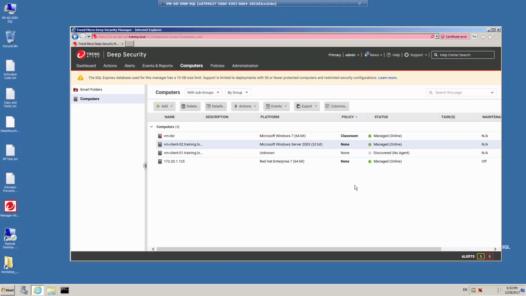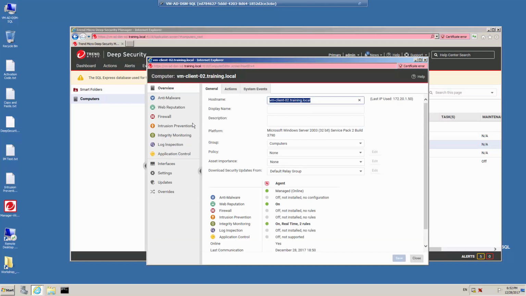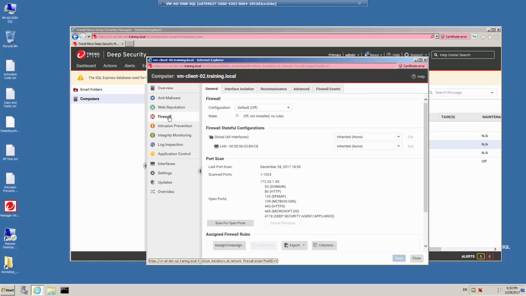This scan is complete. Let's double-click on the computer to view the details. Click on the Firewall Protection module on the left-hand side, and notice on this machine we have ports 53, 80, 135, 139, 443, 445, and 4118 that are currently open. If any of these ports should not be left open, you can then create a firewall rule to block the